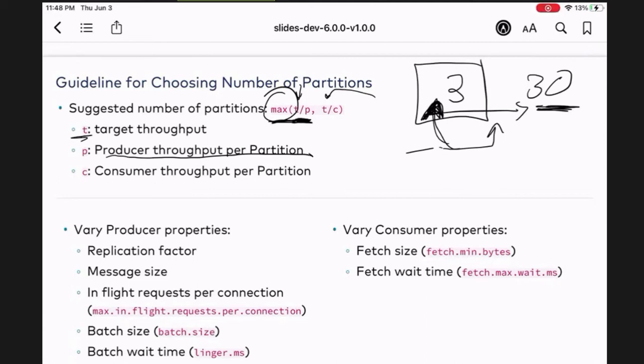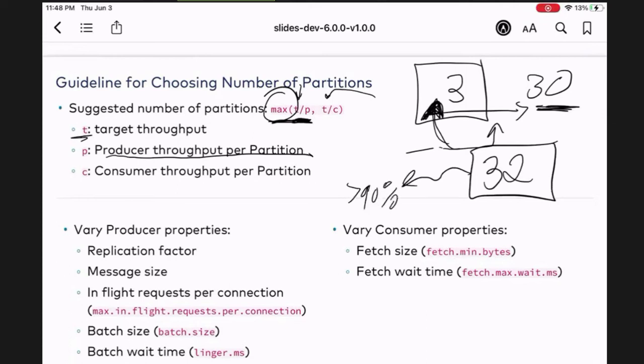But what you really want to do is understand your workload before, and play around with this to come up with some number. And if you have no idea, by the way, you'll see that about 32 partitions has been found to handle greater than 90% of all use cases. But I still want to test it out to say, look, if I don't need 32 partitions, I really don't want to go with 32 partitions. Maybe I need only 10 partitions. So I want to do something like this.